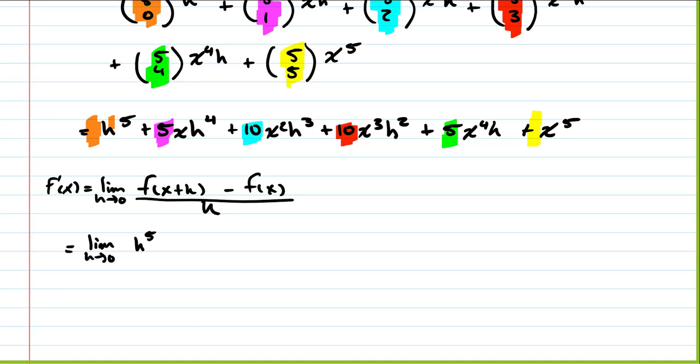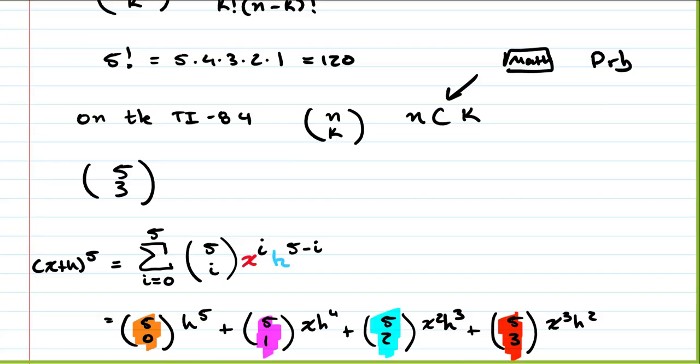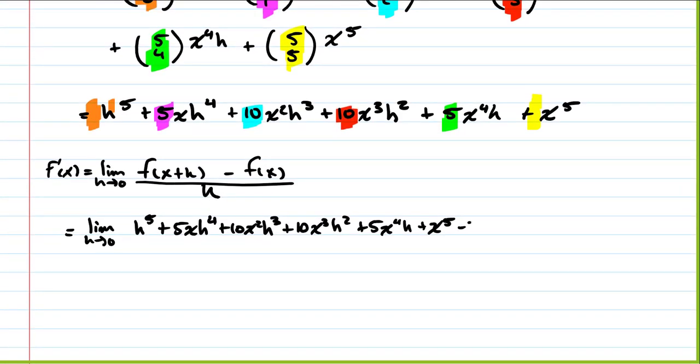H to the 5th plus 5x h to the 4th plus 10x squared h cubed plus 10x cubed h squared plus 5x to the 4th h plus x to the 5th. But then don't forget, we also had this negative 3 times x plus h, which is negative 3x minus 3h, minus f of x, which is x to the 5th plus 3x, all divided by